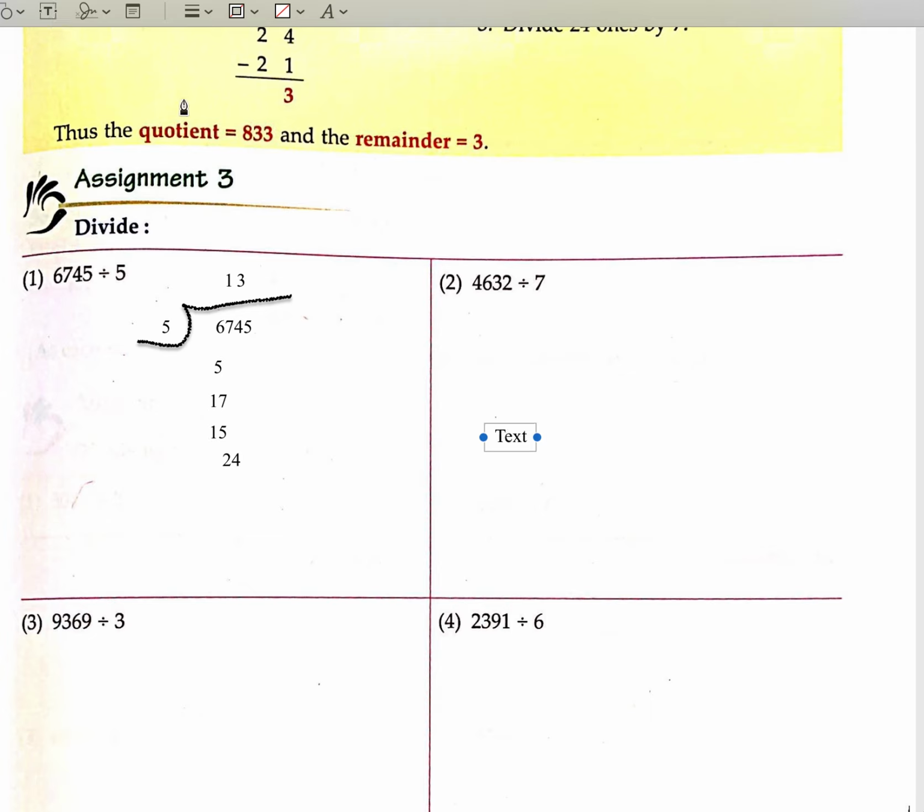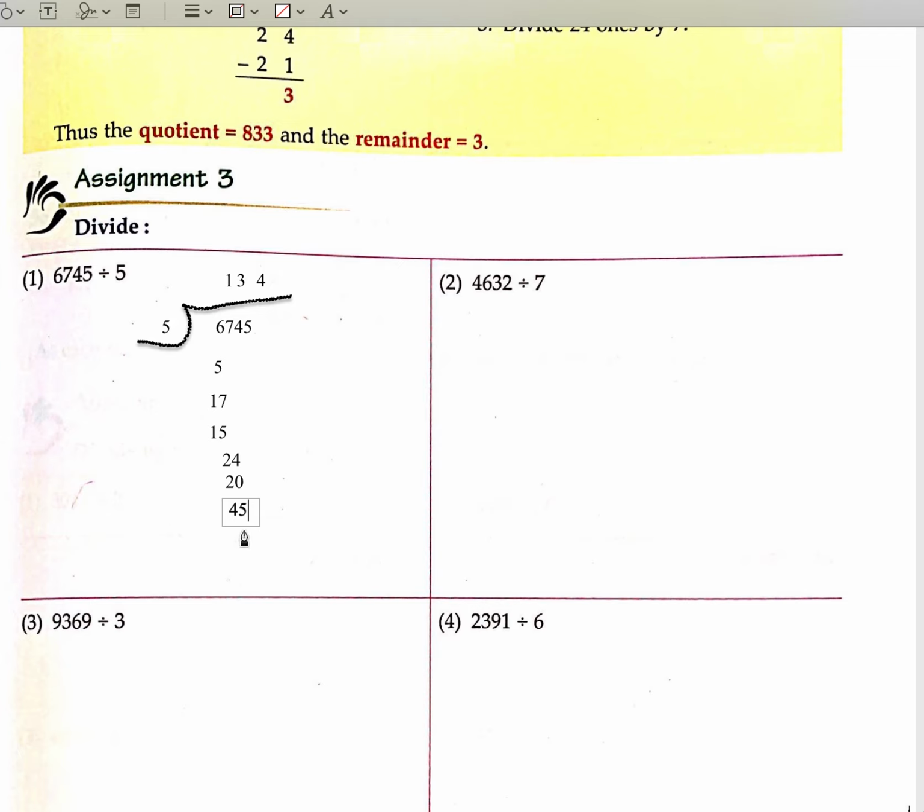So when we bring down 24 again, 5 into what will be the closest to 24? That would be 20, because then 25 would be more than 24. So then we'll write 5 fours are 20 and minus 24 by 20. So here we'll write 20. Now 24 minus 20 is equal to 4. So then we bring down 5, which is the last digit, and we write 5.